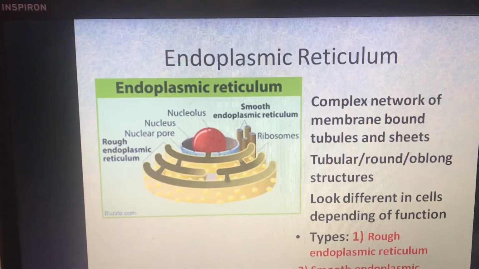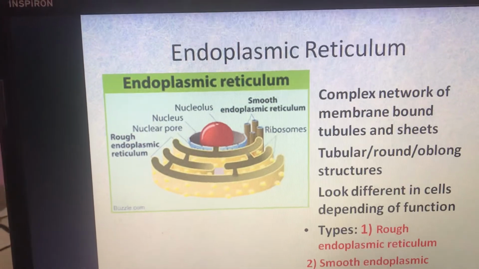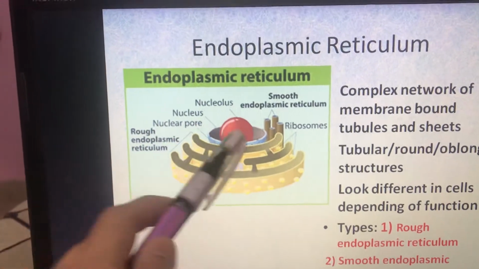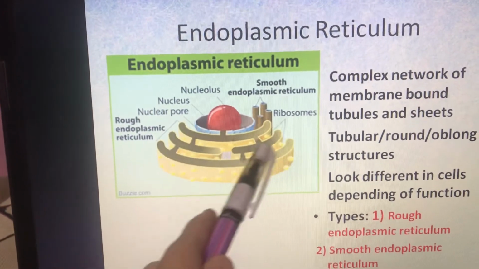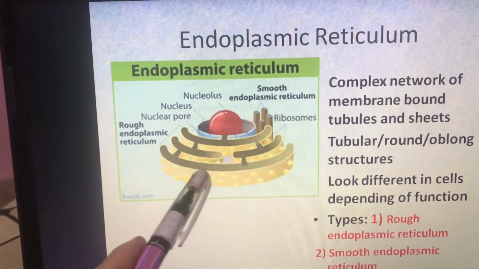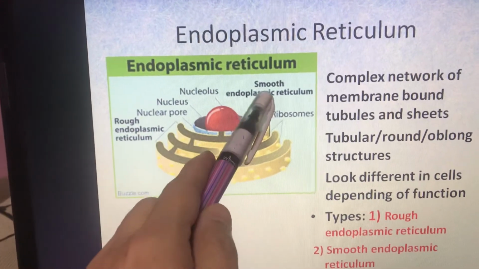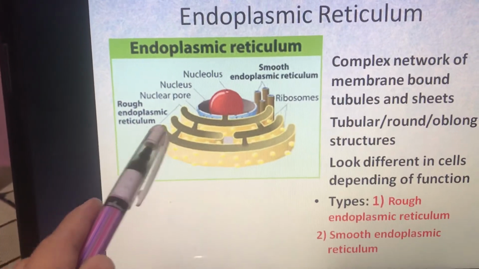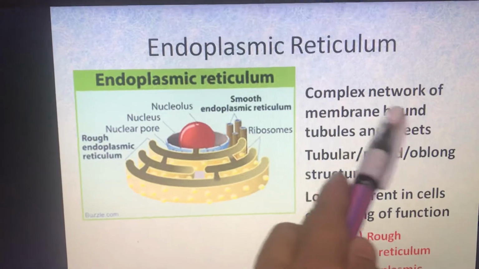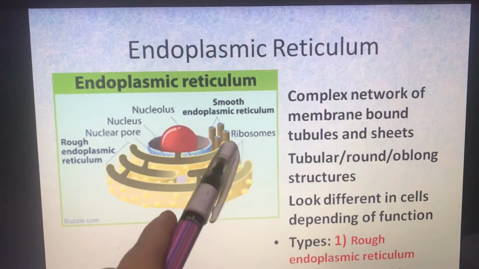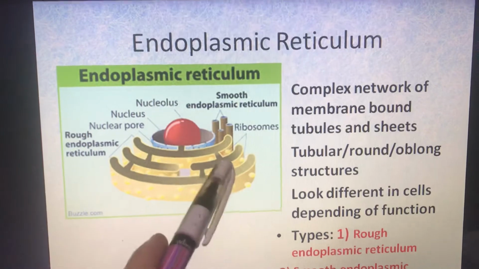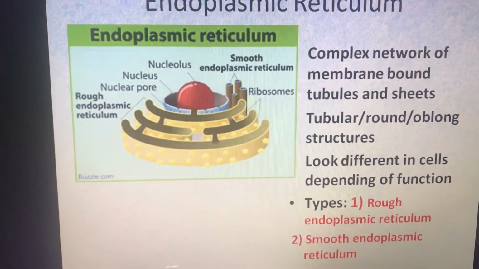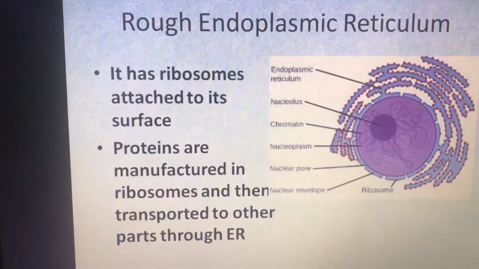Now the first main organelle is known as the endoplasmic reticulum. You can see these structures here. These may be tube-like structures or sheet-like structures. Here they are of two different types: smooth endoplasmic reticulum and rough endoplasmic reticulum. They form a complex network of membrane-bound tubules like this, and sheets. So of two types, we are going to see their functions in the next slides.